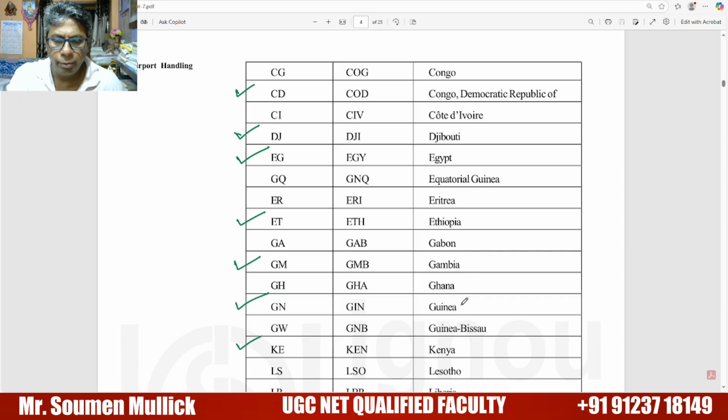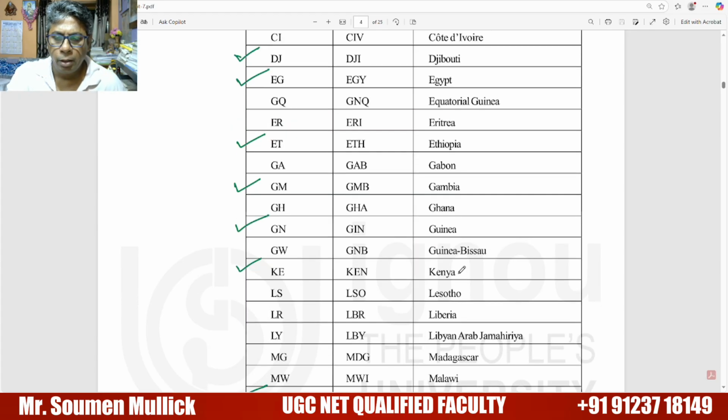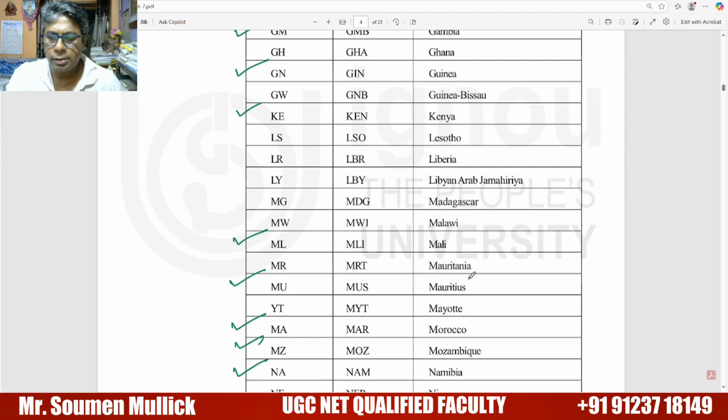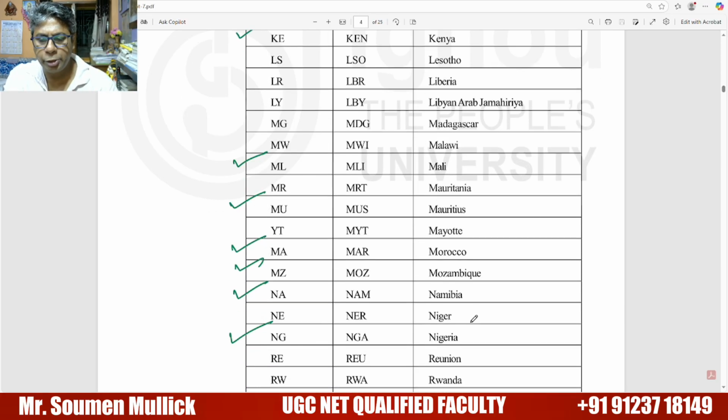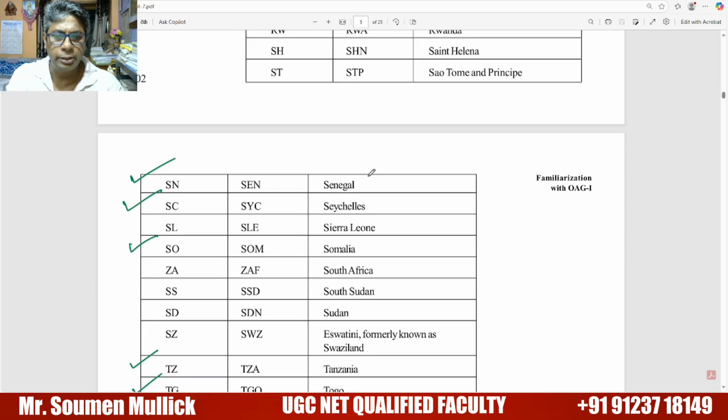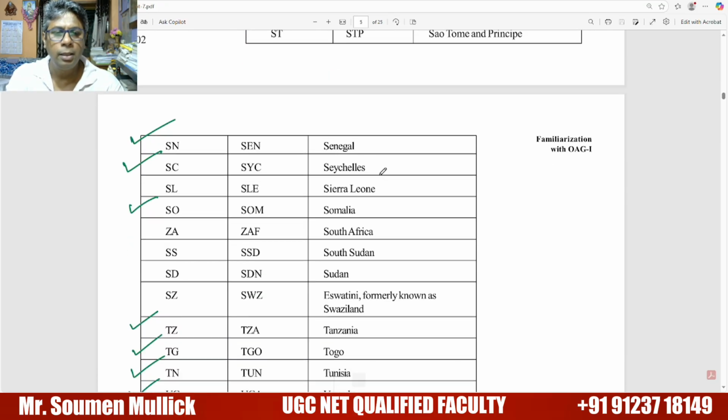Gambia GM, Guinea GN, next Kenya KE, Mali ML, Mauritius MU, Morocco MA, Mozambique, Nigeria. These are the famous African countries. Apart from Senegal, Seychelles, we have to remember Seychelles SC and 3-letter code SYC. Next, Somalia SO and